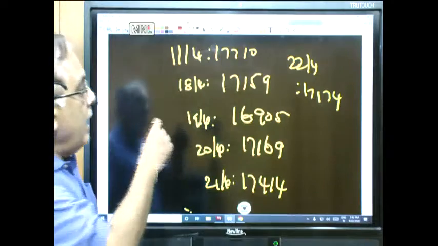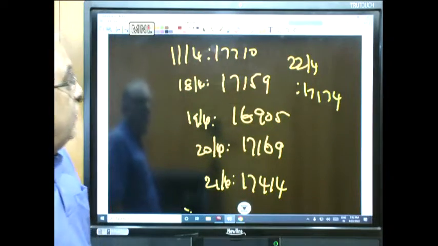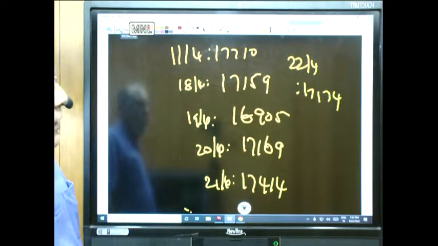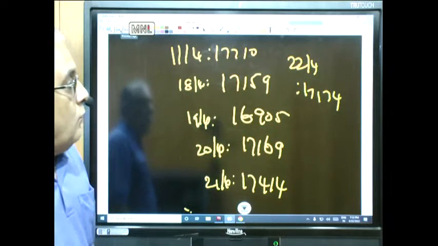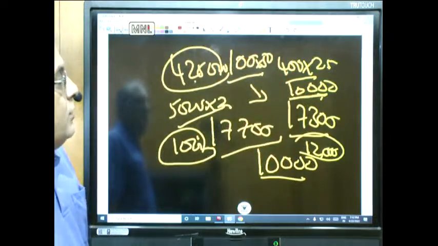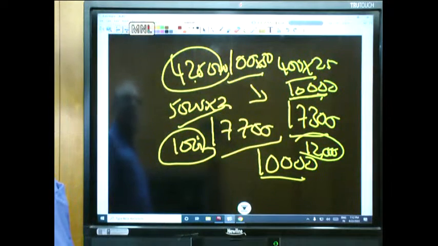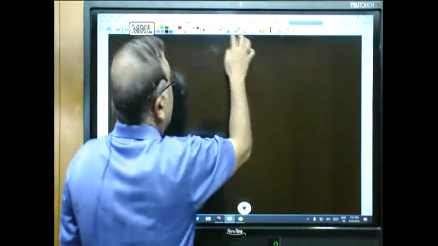Okay, so 18th was 17,159. So we should have lost money, right? Because we had bought a call option. So what was the loss on 18th between 17,710 and 17,159? So what is the loss? Whatever we bought for 215,